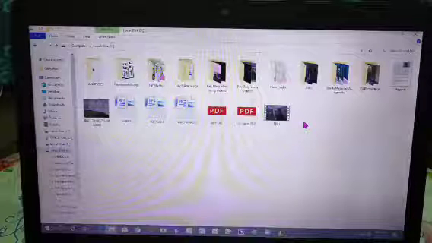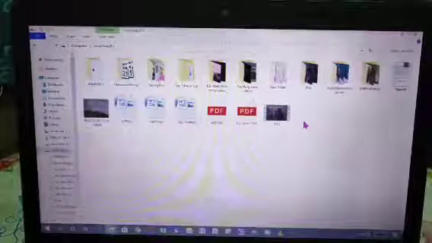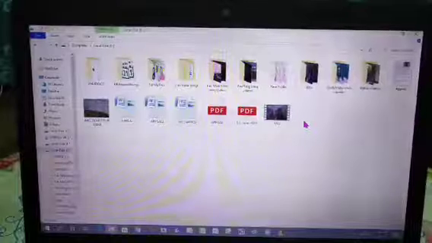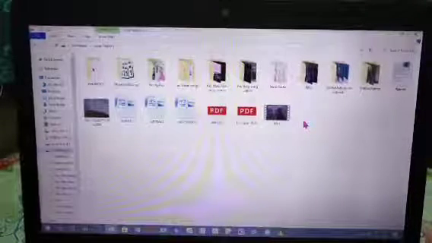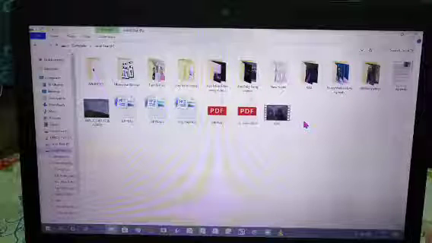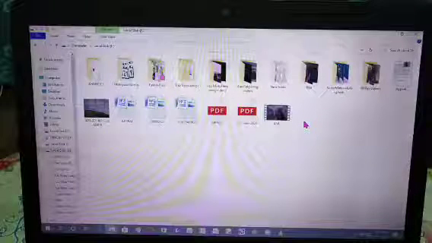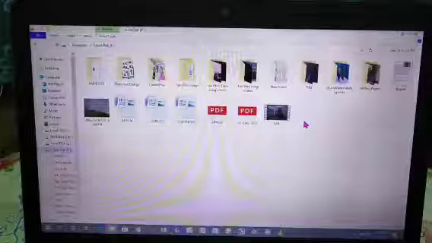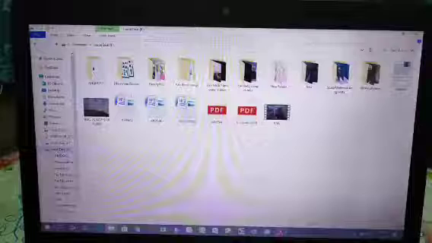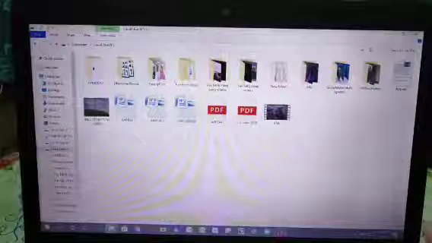Then we have got page number 28, playing audio files. Media player is the software which is used for playing audio files and video files, Windows Media Player and VLC media player. We'll use VLC media player. Here is the VLC media player icon.